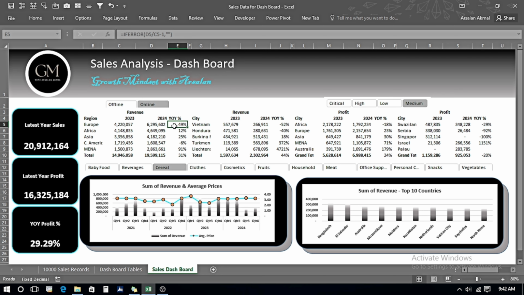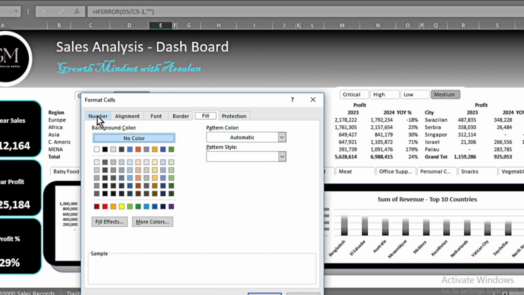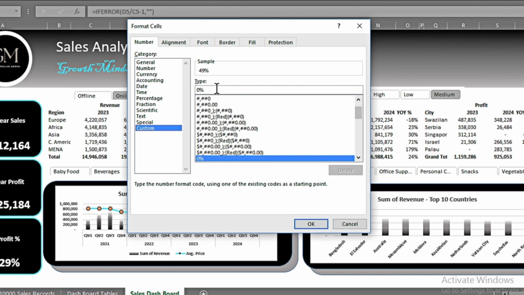So how can we do that? I will go in one of the cells, right click, format cells, number, custom, 0% is going to be the positive figure. Then I will put a semicolon and minus 0% for the negative figure.